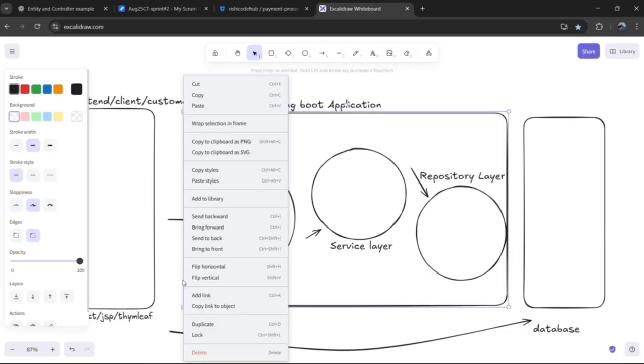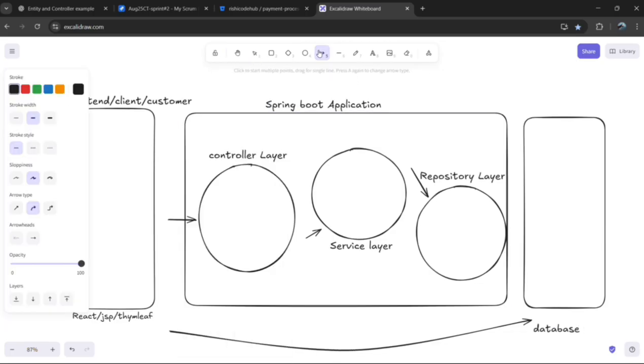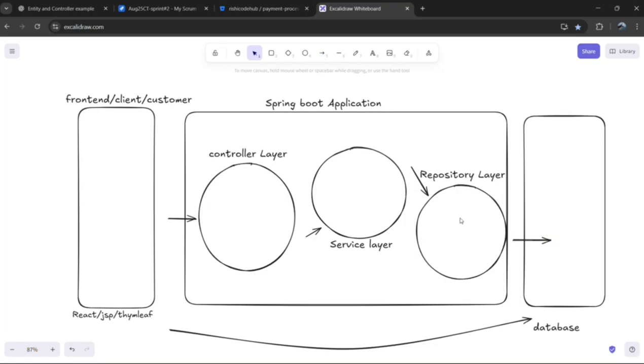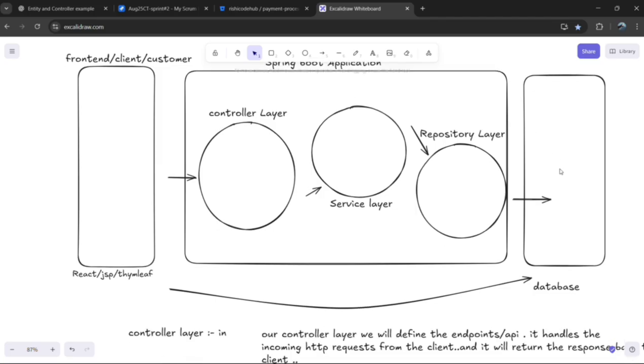Okay, so the repository layer is connected to the database. When there is an incoming request from the service layer, the repository layer goes to the database and